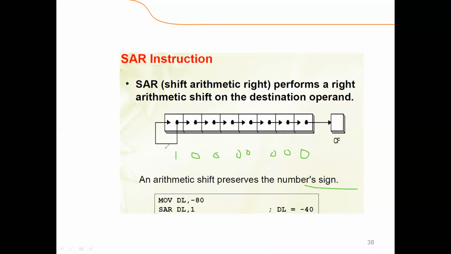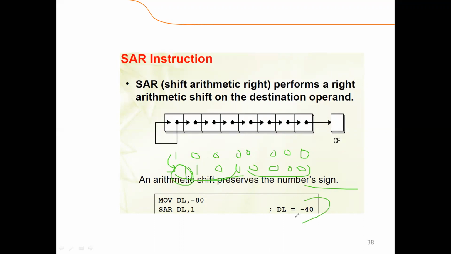Now after this shift arithmetic right operation, the result will be shifted bit by bit, 0, and now here this will be copied. This will be copied, so this will show that the number is negative and the result is 40.